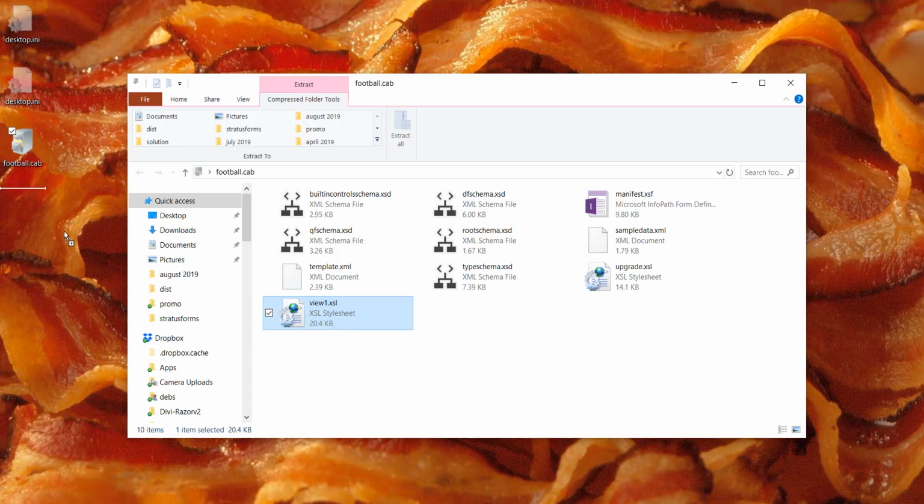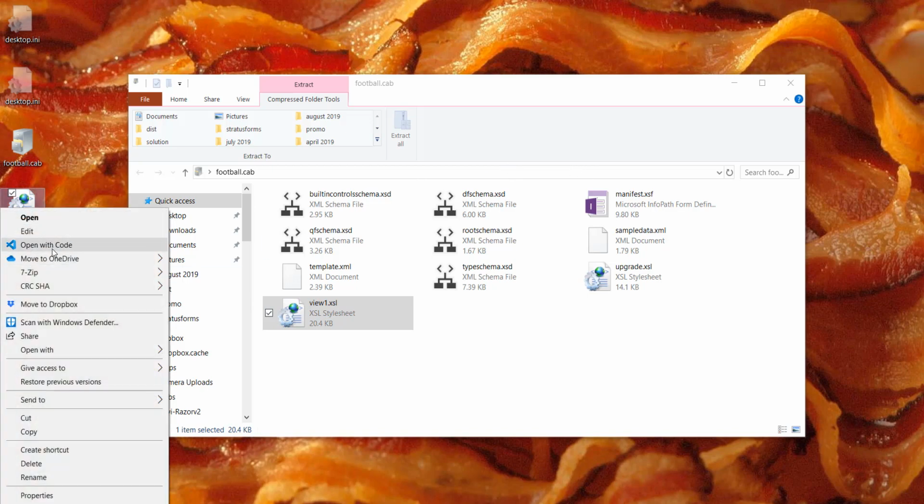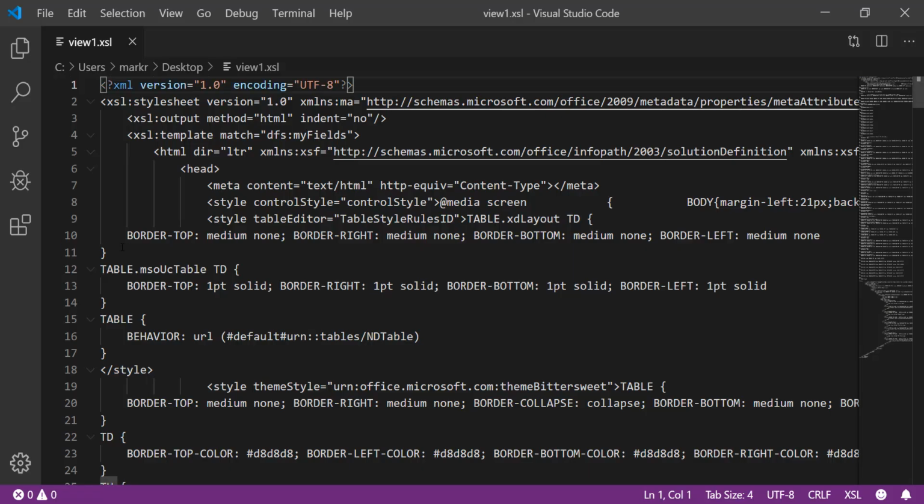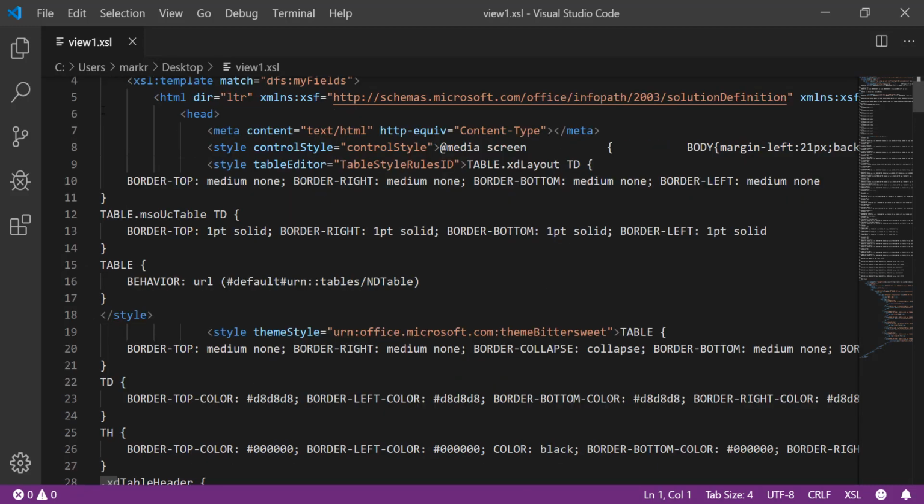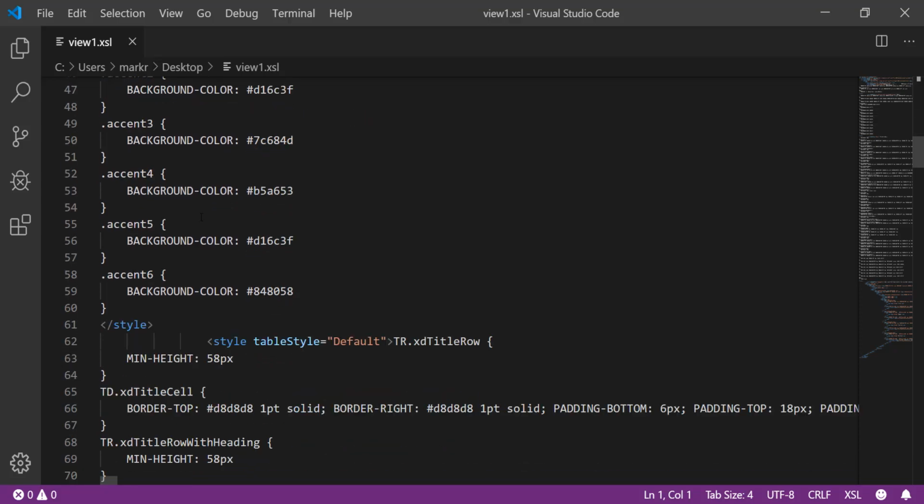So I'm going to extract this one file out of the CAB file just by dragging and dropping it on my desktop. And now I'm going to open up this file with Visual Studio Code so we can take a look at what's in this file. So as you can see, this file has some XML. It's technically an XSL file, so it's got some XML information,